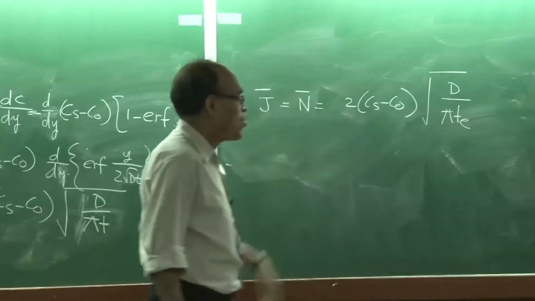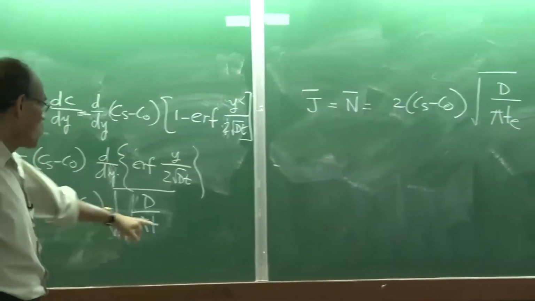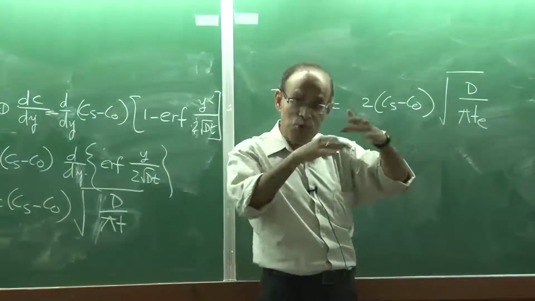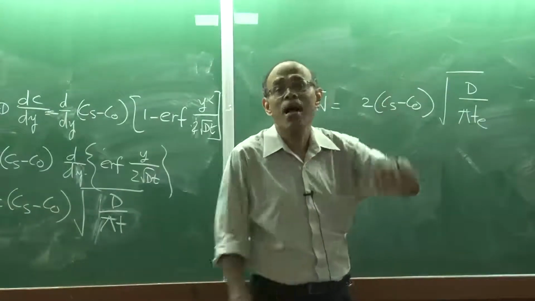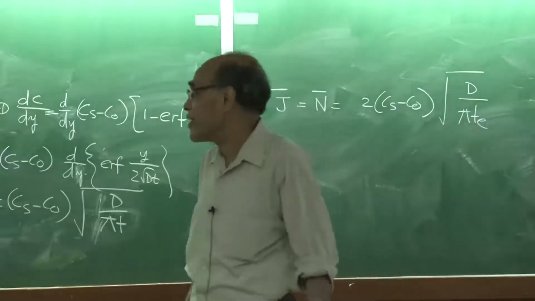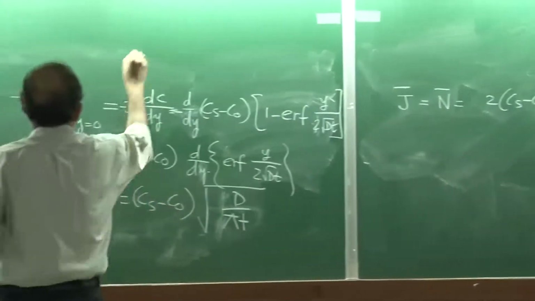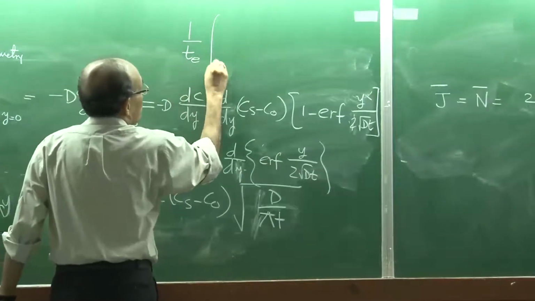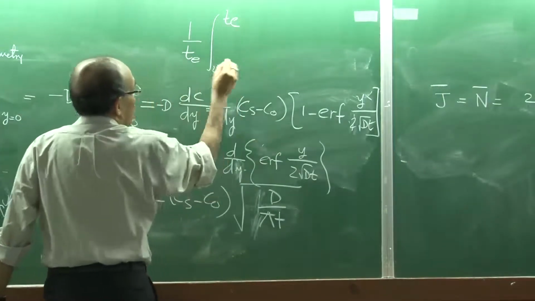And this 2 comes because of the integration, t to the power half integral you have to do, and Te is the limit from 0 to t. That is the time over which I want to do the time averaging, and the time averaging definition is 1 by Te, integral 0 to Te,